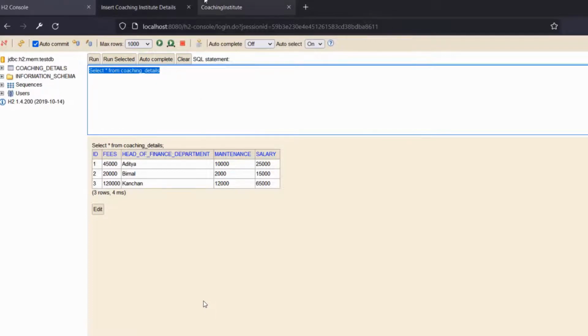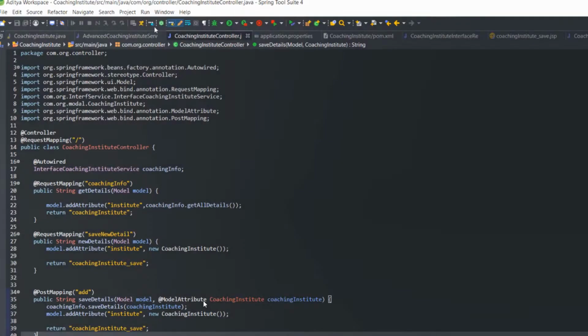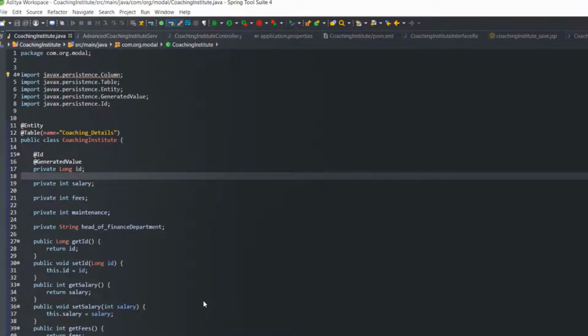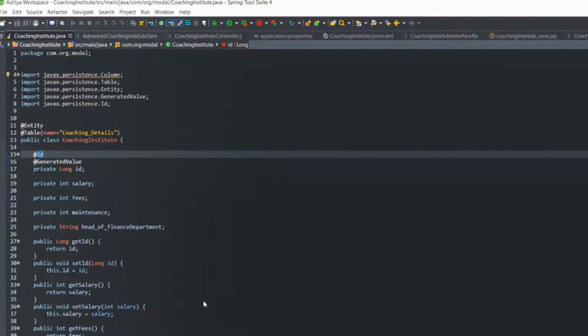That's what we have done in the annotation of Coaching Institute, and by default we have hard coded the data of coaching info, that's why we have written 1L in the service class. That's why it is accessing the first ID of Aditya, and here I have implemented @GeneratedValue. Because of that, the ID is continuously incrementing every time I am persisting the data. Okay, now